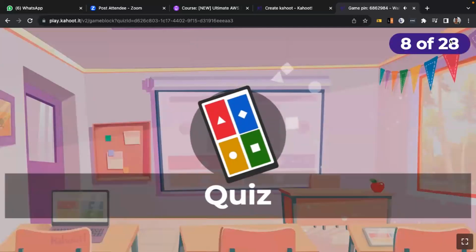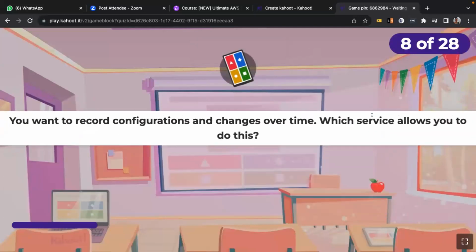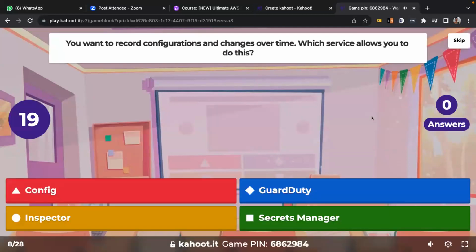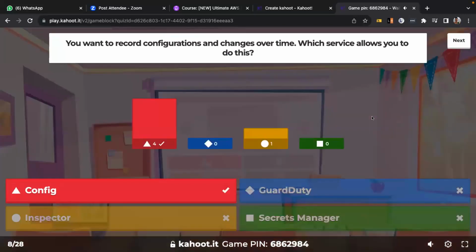Okay, Gems still on the top. So you want to record configurations and changes over time. Which service allows you to do this? Okay, great.